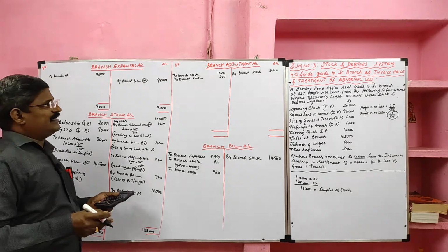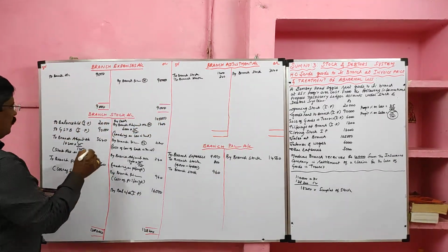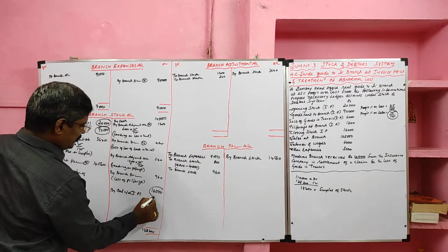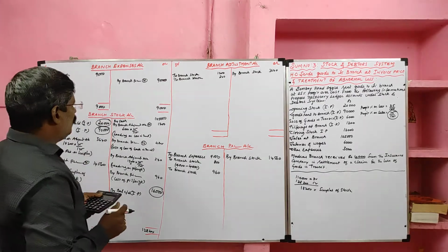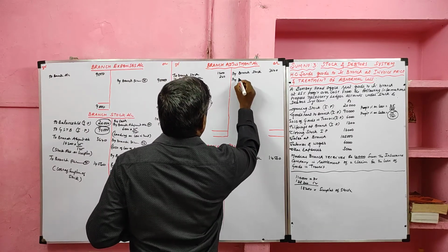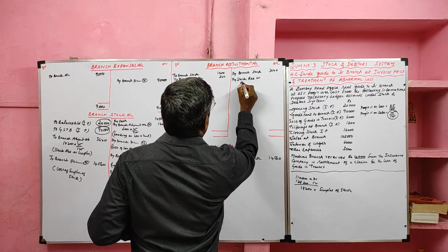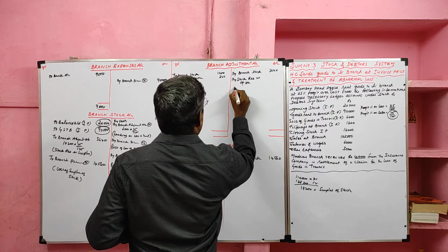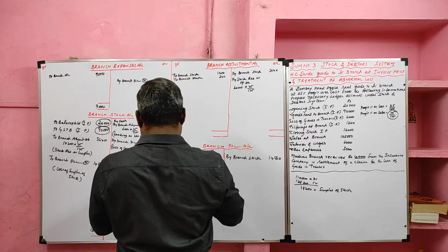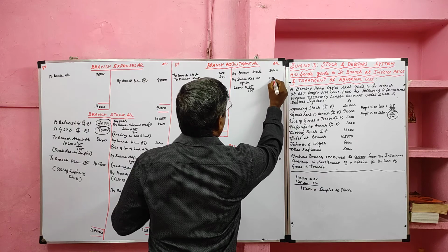Okay, students, we completed the treatment of surplus of goods in the branch stock account when goods are sent to branch at invoice price. Then we are going to prepare the branch adjustment account. Here we are going to take stock reserve on opening stock, on goods sent to branch, and on closing stock. First, stock reserve on the opening stock. Opening stock is recorded on the debit side of the stock account. For its stock reserve, we will take the credit side. Total value 20,000. For stock reserve we will use 25 by 125. So 20,000 into 25 by 125 gives 4,000.